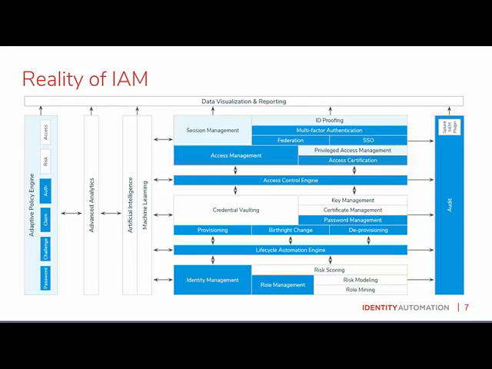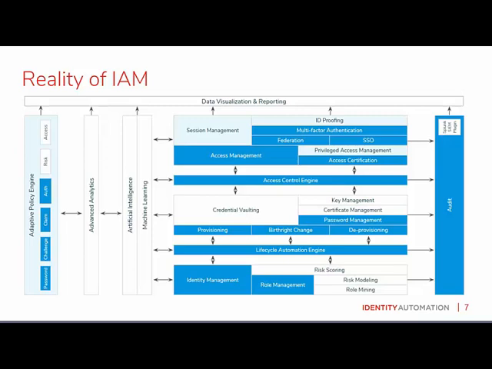And then, of course, there's the table stakes, right, in the middle? Provisioning of accounts and access entitlements with lifecycle automation and access control engines. All of that keeps everything up to date and secure. Now, if you look at the top and over to the right, there's a need to visualize what's occurred and occurring in the organization at any given time, right? Provide a historical journey of what was done by whom, when, and the ability to share all of this identity, access, and governance information with ancillary security systems like SIEM tools, LogRhythm or Splunk, for example, where it can all be correlated with events that are occurring across the enterprise.